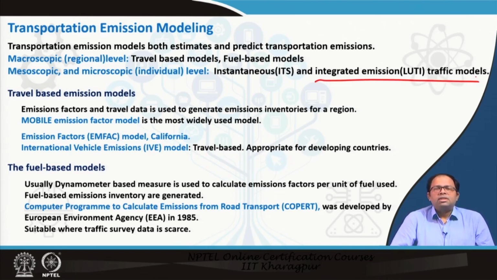Now coming to travel based emission models, here emission factors and travel data are used to generate emission inventories for a particular region, as we discussed. There are many models, of course, but the most famous is called the mobile emission factor model. This is the most widely used model. And then there is the emission factors model, EMFAC. This is particularly used in California in the US, and MOBILE is developed by EPA but actually used all over